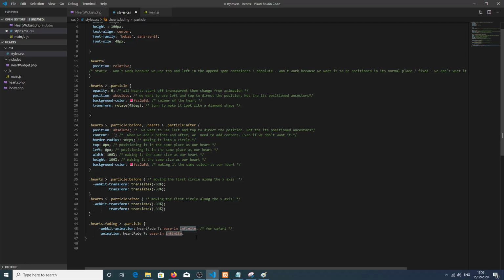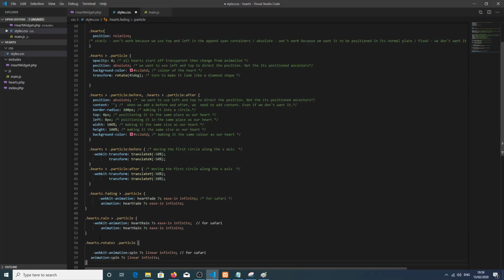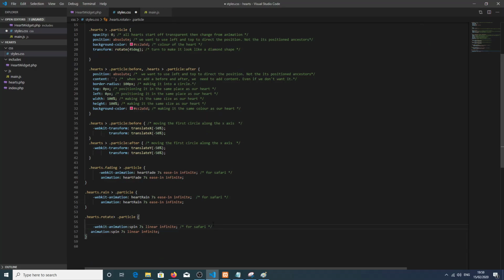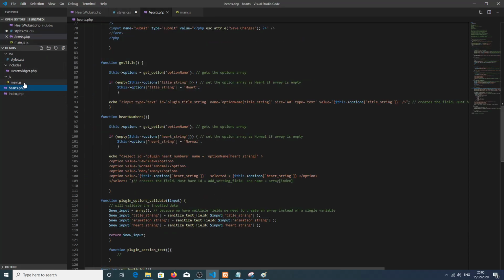So you can change how many times the animation happens. We've got the first animation for the fading heart. What we want to do now is add the animation for rain and rotate. Again, I just need to make sure the comments are for CSS and not for the PHP which I was using before. So there you go. What's important, and I mentioned last time, was in the main widget, the PHP one,